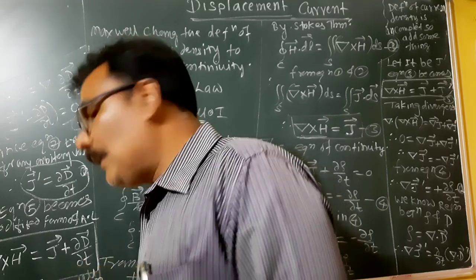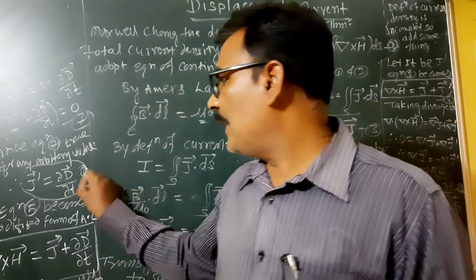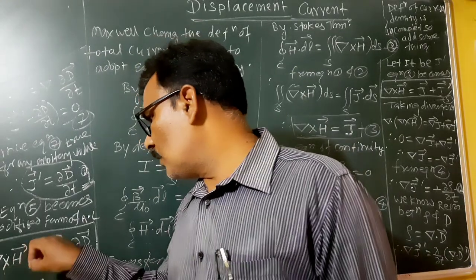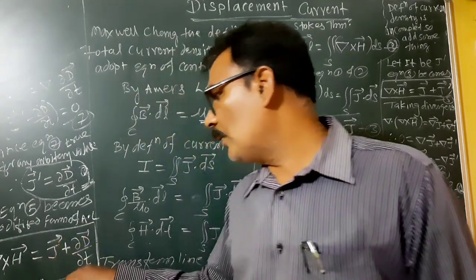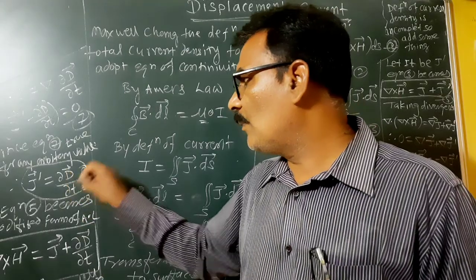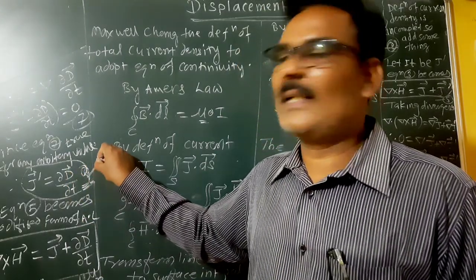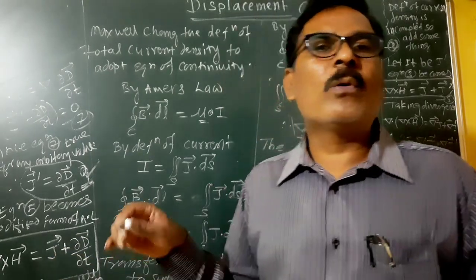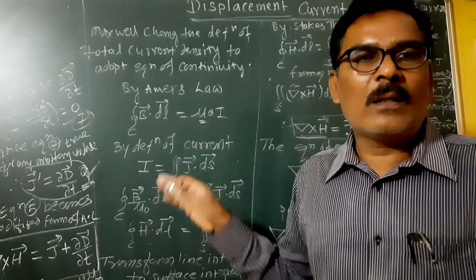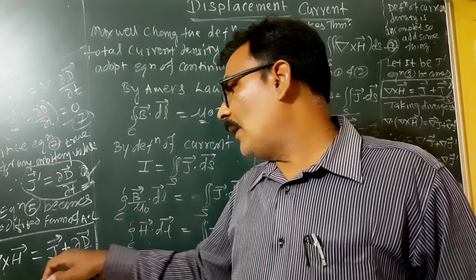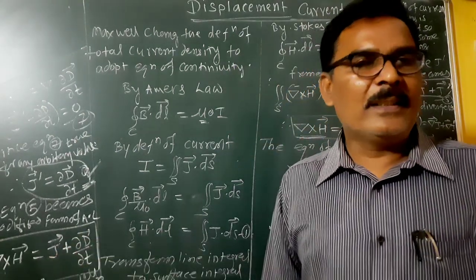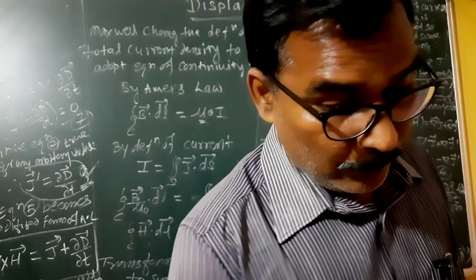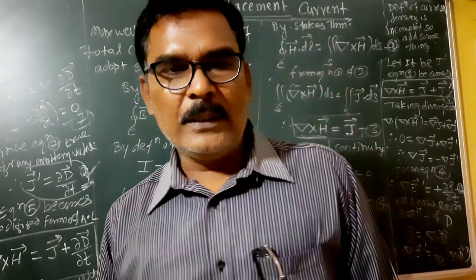Both articles have the same answer; only here you have to explain this. And lastly it becomes curl of H bar is equal to J bar plus dou D bar by dou t. Sometimes you have to explain displacement current. This is the displacement current, and it can be added to the definition of current density. We get the fourth Maxwell displacement equation: curl of H bar is equal to J bar plus dou D bar by dt. I think we have to understand this very well. Very important equation. Write down all the things. Thank you.